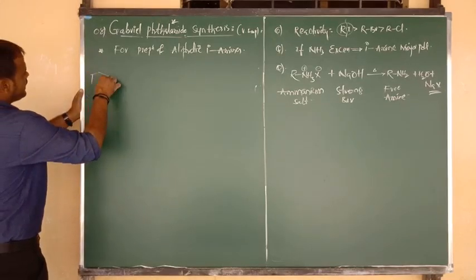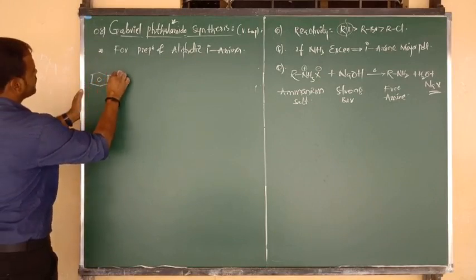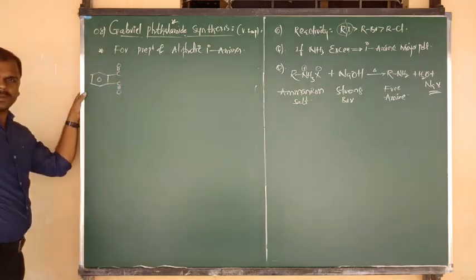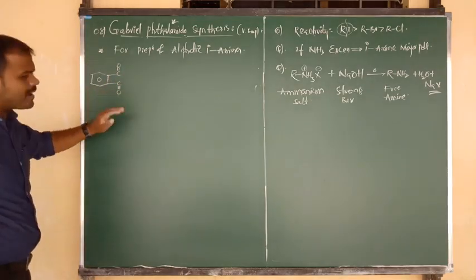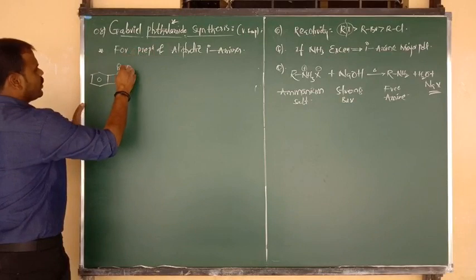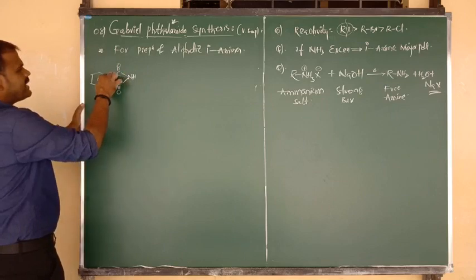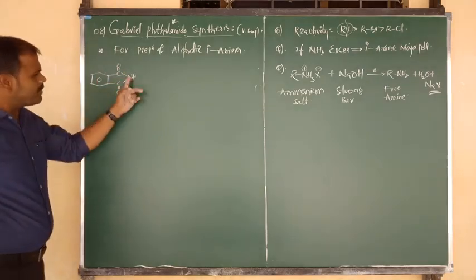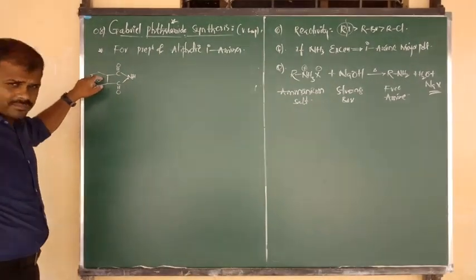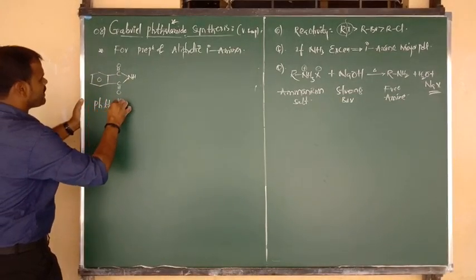The formula of phthalimide, we have to write, I am going to consider first of all benzene. Benzene bonded to C double bond O. Again benzene bonded to C double bond O. How many C double bond O groups have we taken? Two groups. Now these two C double bond O groups are connected to one NH group, an amide, but the two C double bond O are present at ortho position, looking like coming from phthalic acid and ammonia. So we can say that the name of this compound is called phthalimide.